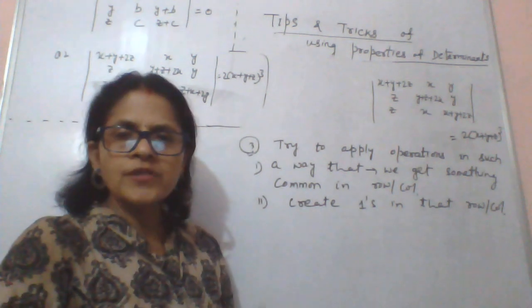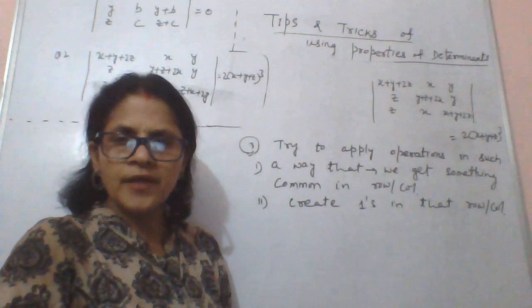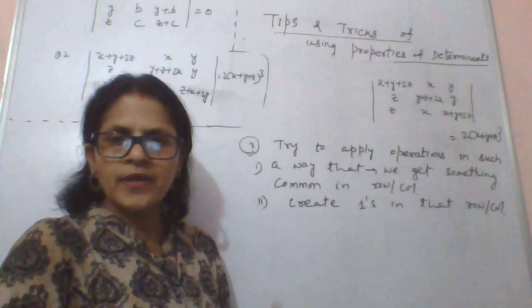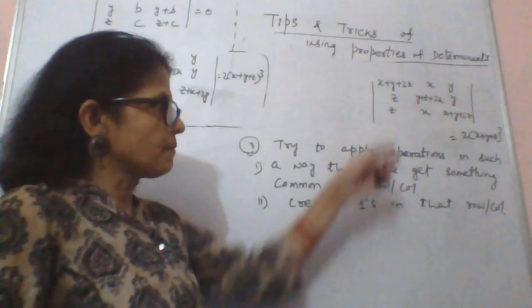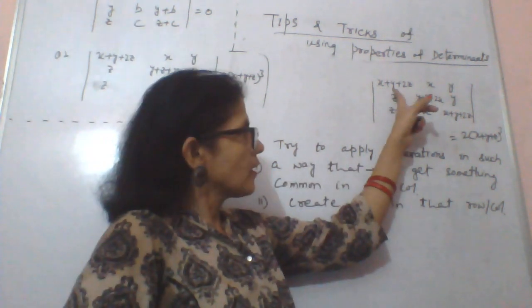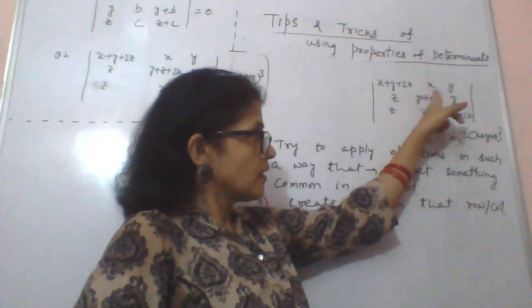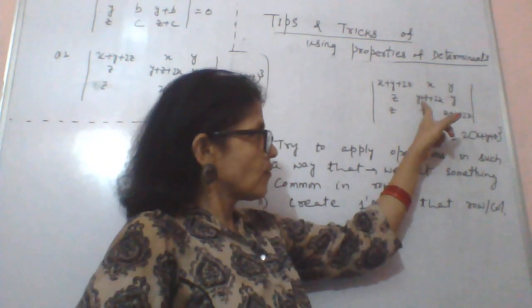Once we get something common in that row or column, then we can create ones in that row or column. For example, this is the question: x plus y plus 2z, x, y